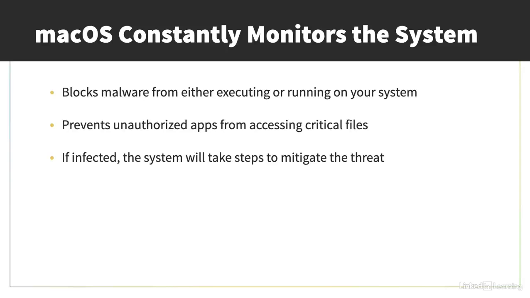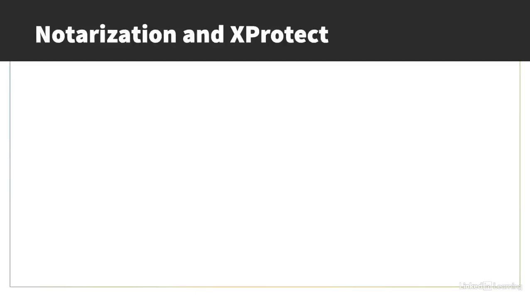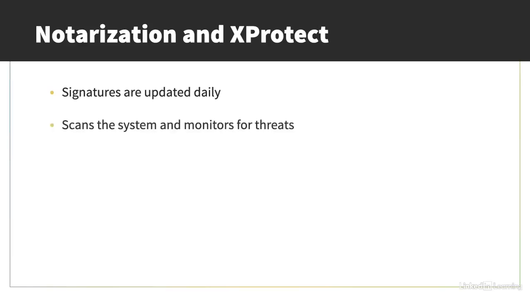Within an Apple operating system, you'll find that there are a few apps that run by default to help defend the operating system. Apps include Notarization and XProtect, which scans the system for any malicious code. Signatures are updated daily, and then if any threats are found, the operating system will prompt the user to remove